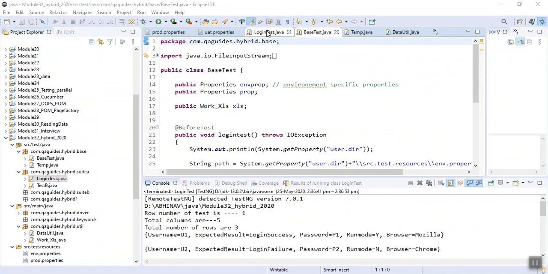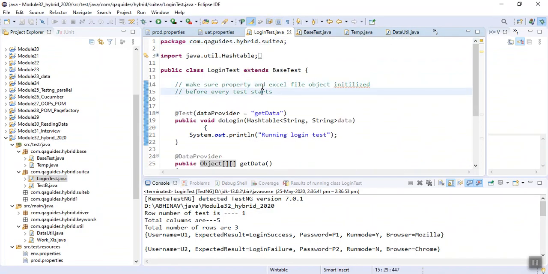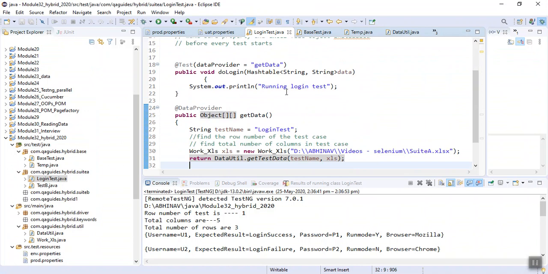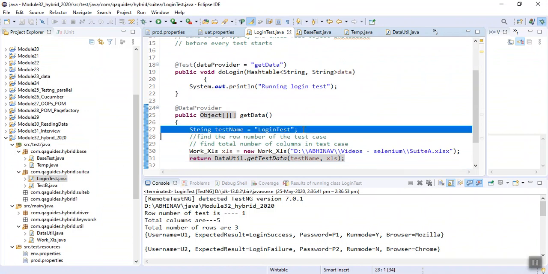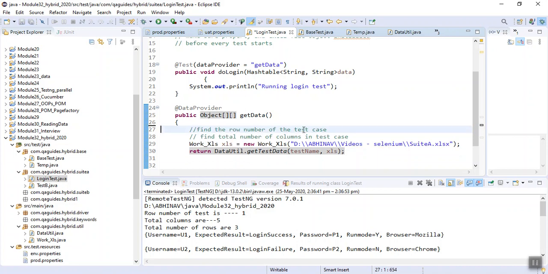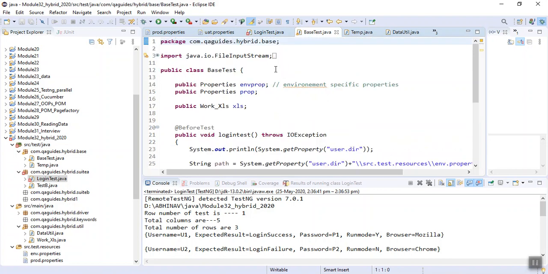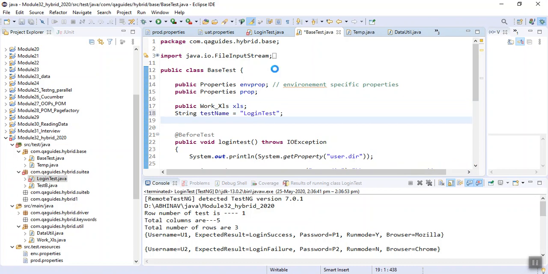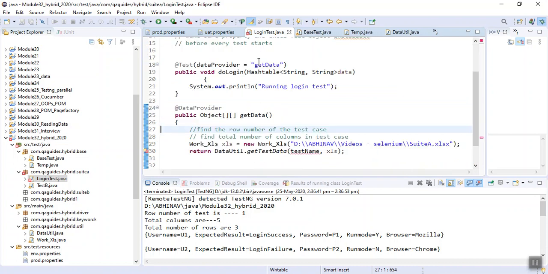Now see, we are having this variable, string test name, login test. So we don't require it here. It will be required everywhere. Okay. So what I do, I go to my base test and I declare it here itself. Save it.